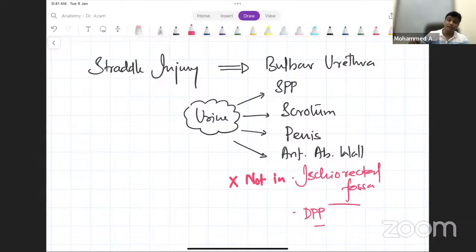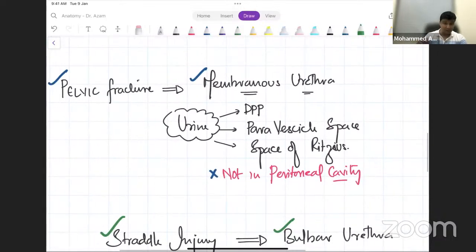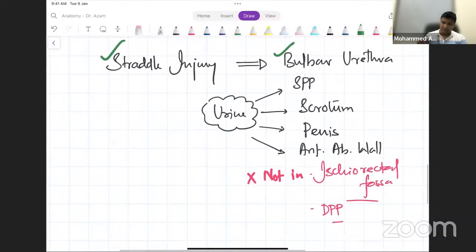You have to search for the keywords. In the exam, if they give you straddle injury, definitely the bulbar urethra will be ruptured. If the bulbar urethra is ruptured, I have shown you very clearly in the diagram where the urine will extravasate. Is it okay, my dear friends? Now once you have understood these two concepts, the extravasation of urine in membranous urethra and bulbar urethra,